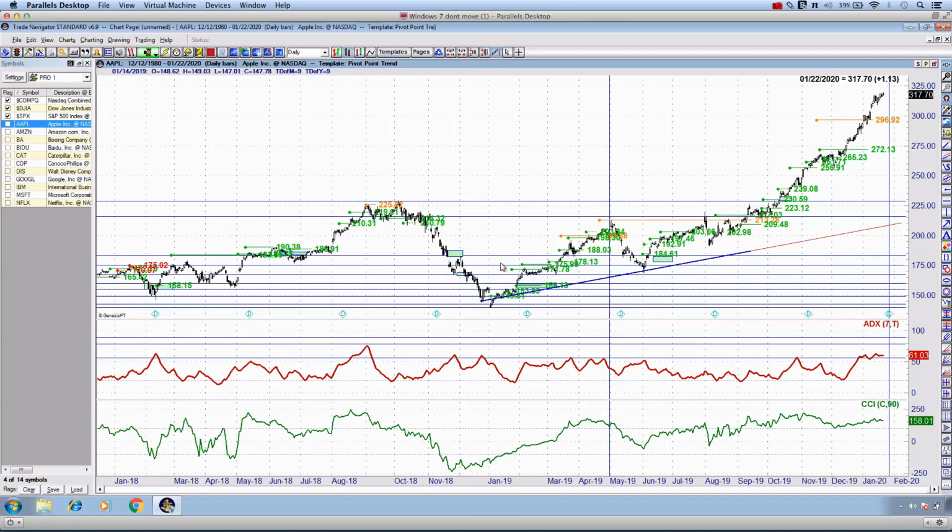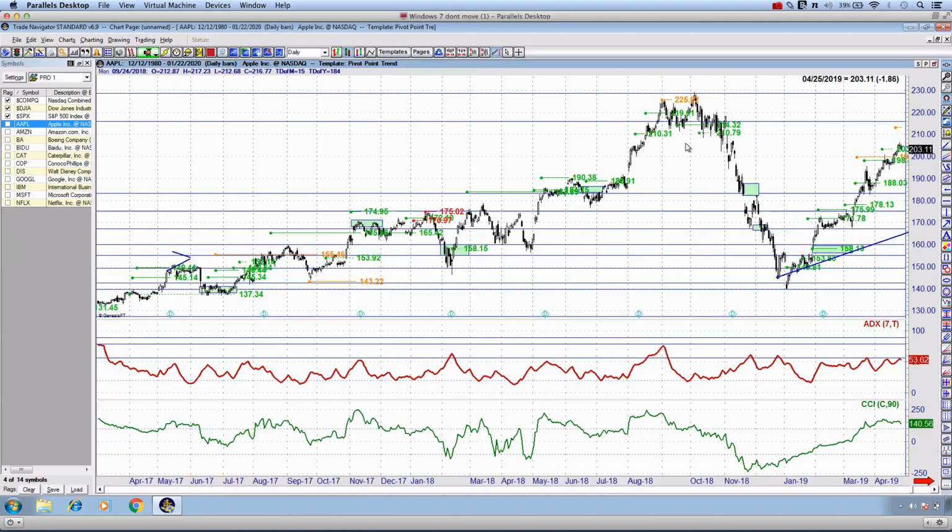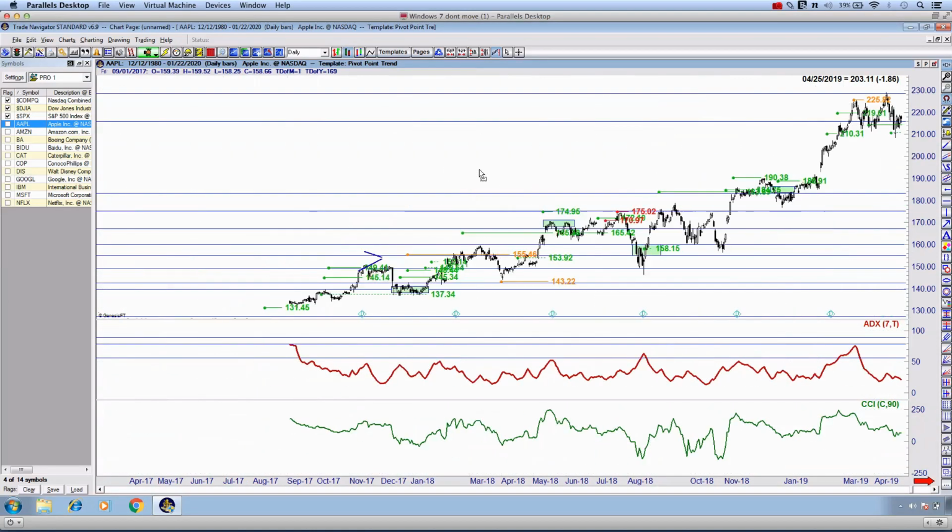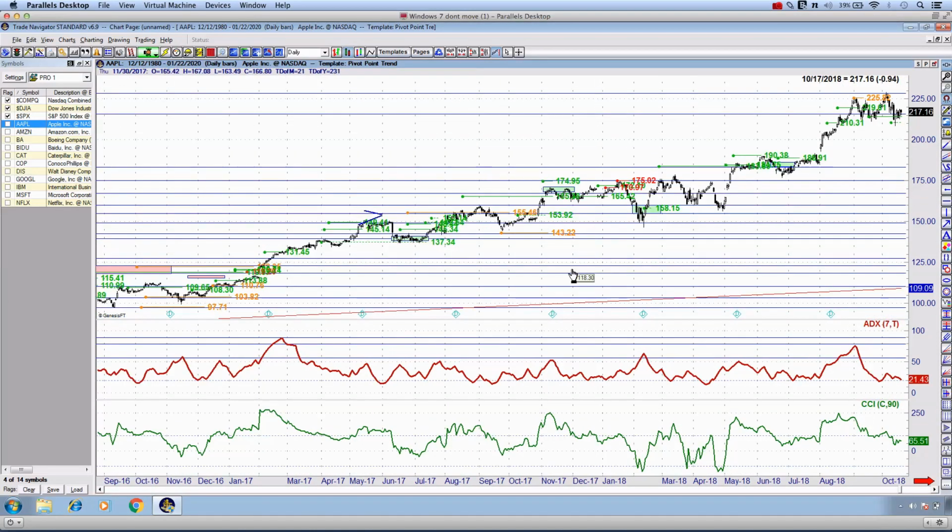And again, you can listen to the analysis videos back during this time, because we spoke about this prior to the move happening. But very rarely do you see the ADX up at this area. But more importantly, very rarely do you see it actually stagnate and move sideways. So we're starting to see some interesting